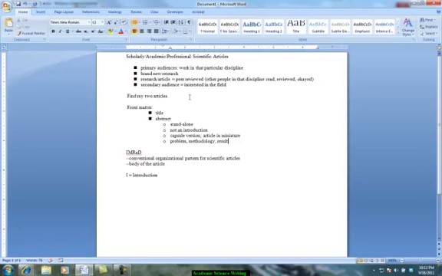Abstracts vary in length, but they're usually about 150 to 200 words, relatively short. They're not very descriptive, just information heavy. A nice overall summary of all the different parts. So then, title, abstract, and